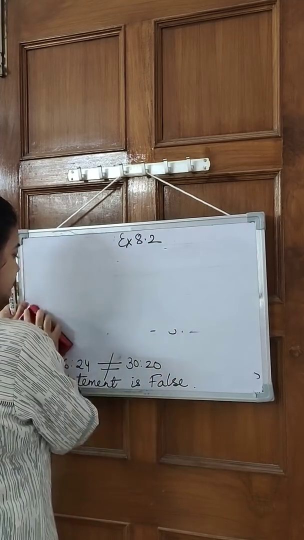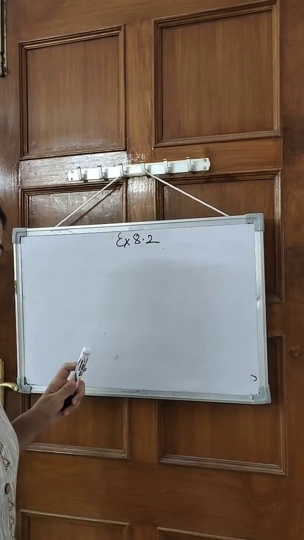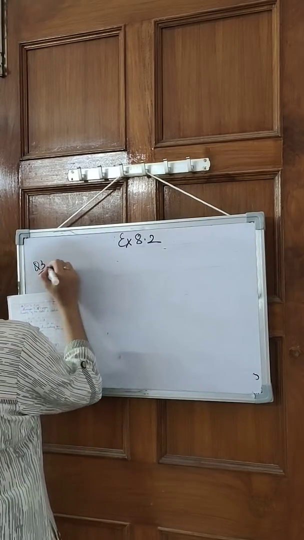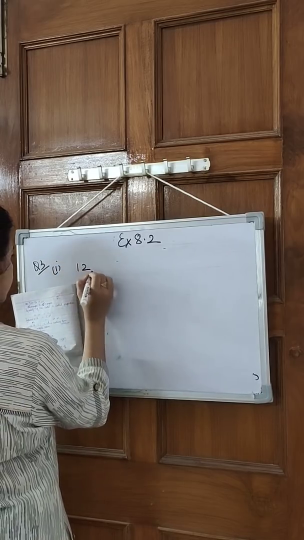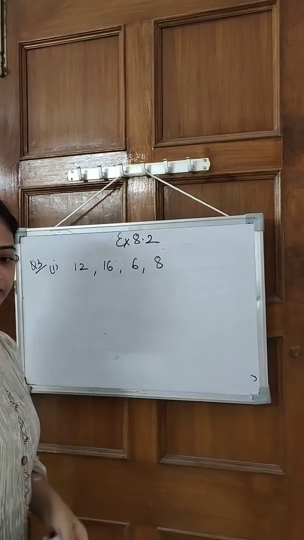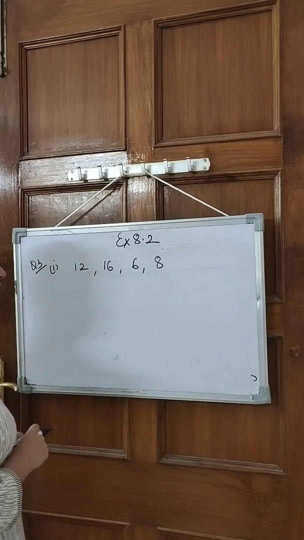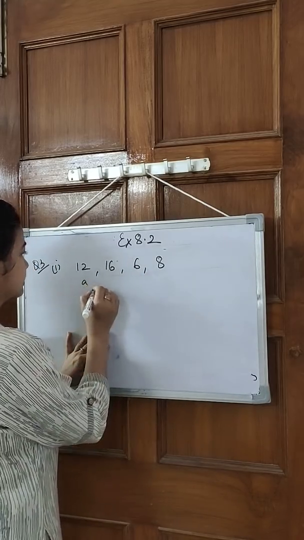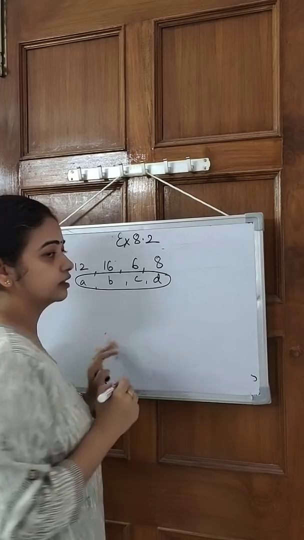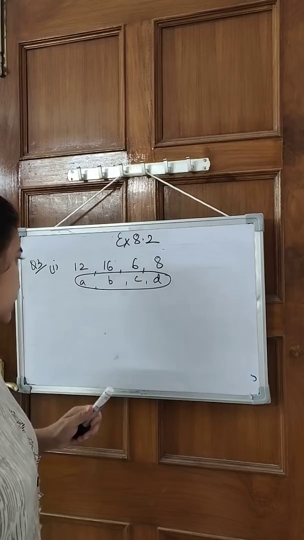It's a very easy exercise. Once ratio is clear to you, then proportion is definitely easy. Question number 3. They have written 4 numbers together. And again they are asking the same thing: are they in proportion or not? They have given you 4 numbers, and you have to check are they in proportion or not. So are they the same as A, B, C and D? Yes. So can we use the product of extremes and product of means in this? Yes, we can use it, and it is up to you.